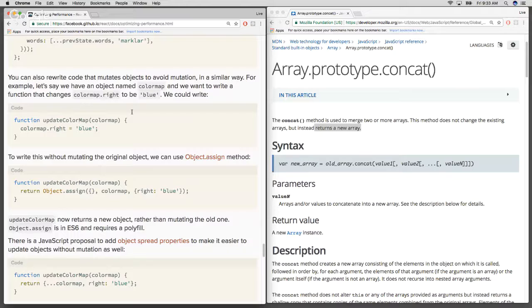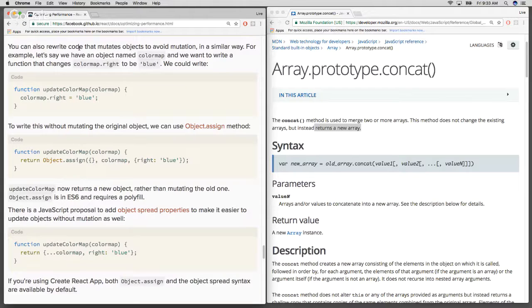Okay. So they're saying if we don't want to mutate an object,